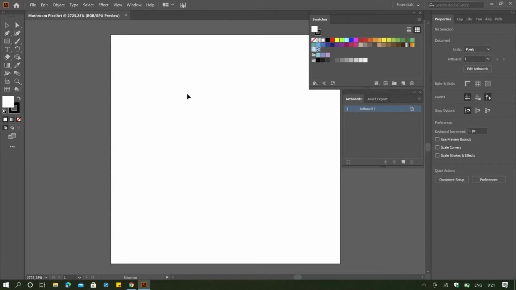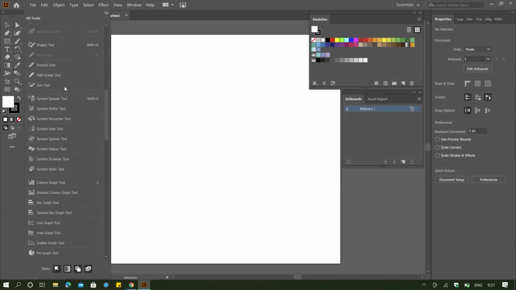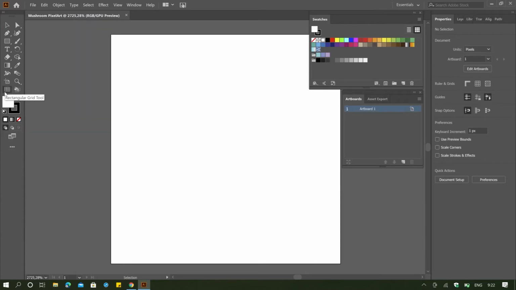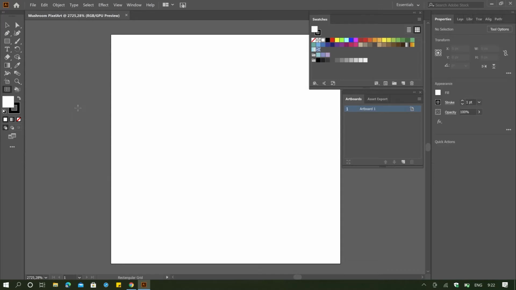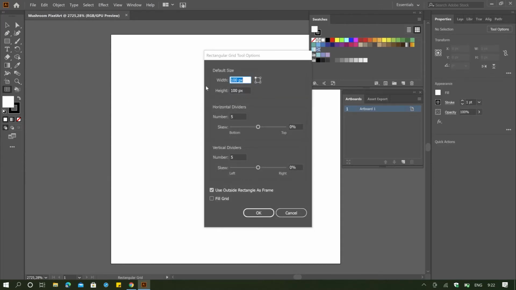Okay, and then as you can see, Adobe Illustrator creates a paper for us, and the first thing you're gonna do is find your rectangular grid tool. What I did, for my version at least, was click on the more here, find my rectangle grid tool and drag it up into my hotbar here. But for your specific version, I do not know, because Adobe Illustrator is different from one version to another, but it's usually near the square tool or rectangular tool, and then you can just right click. Anyway, you go to your rectangular grid tool here, click on it, and then click on the edge here, and then there are the